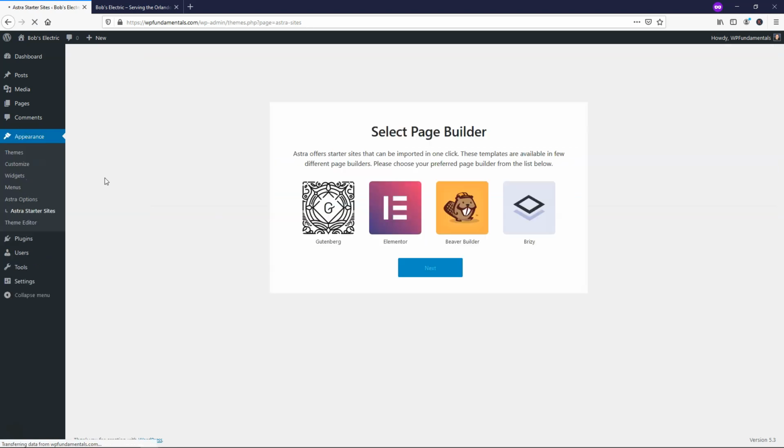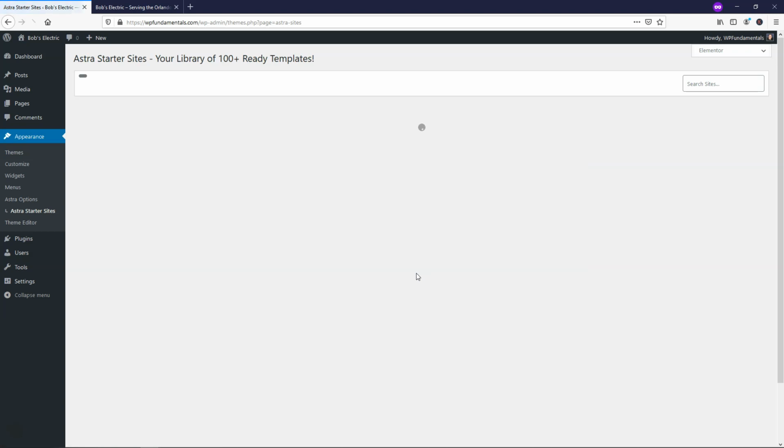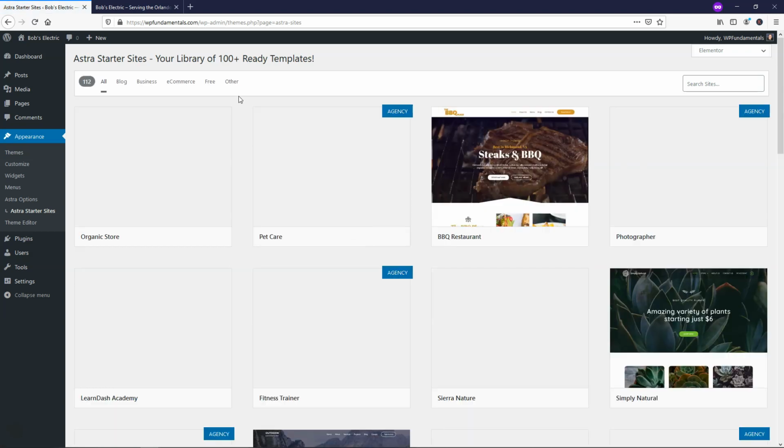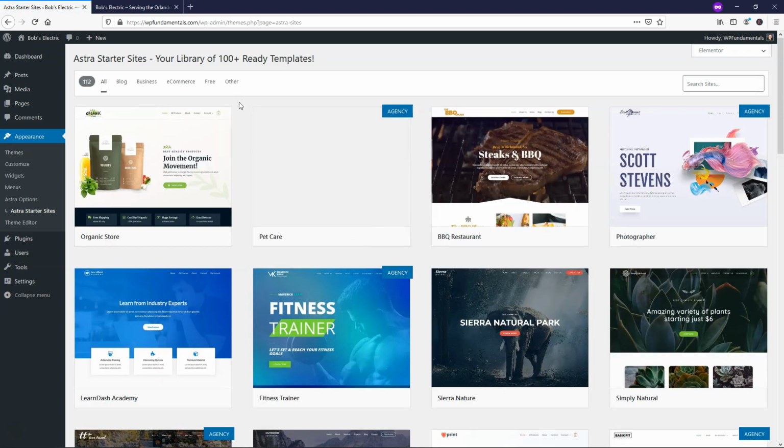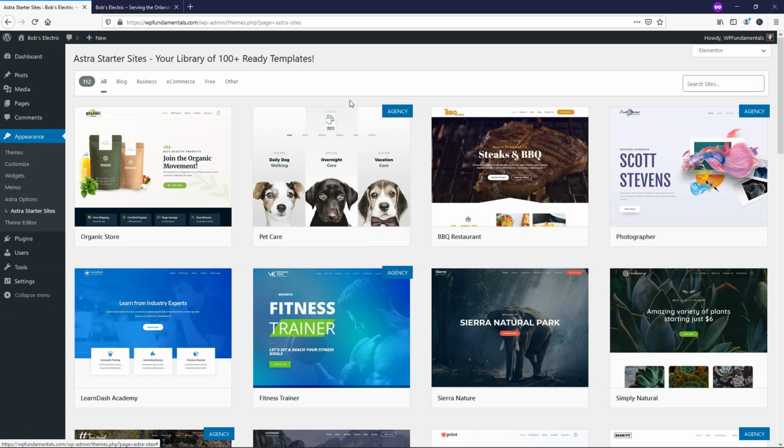We'll click see library right here. And I'm going to select the Elementor builder. This is our free builder to go along with this free theme that we just spoke about. And I'm going to click next. And here we're going to have a lot of different template options that we can use. So I'm going to go to where it says free, but if you want to, you can upgrade to a pro plan